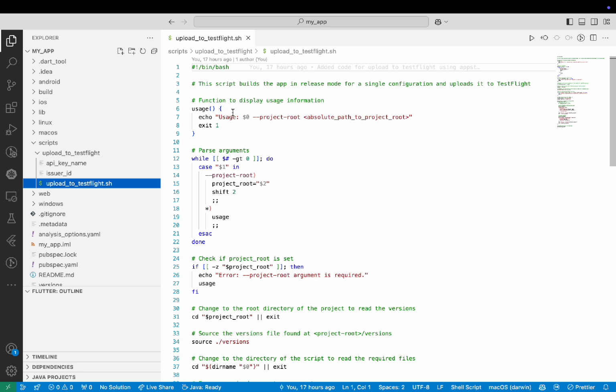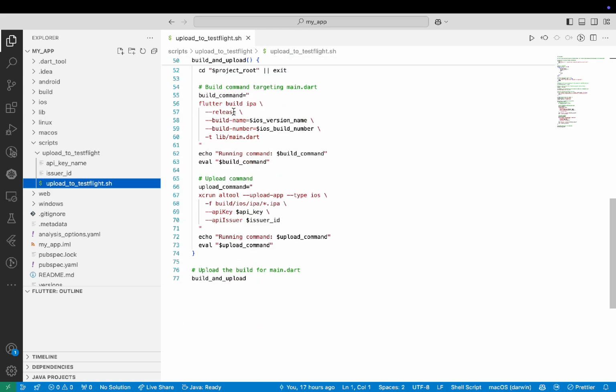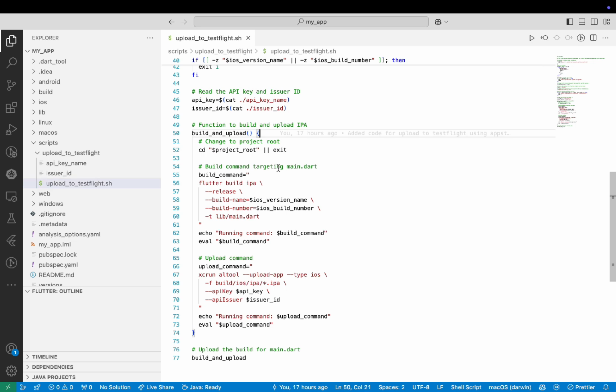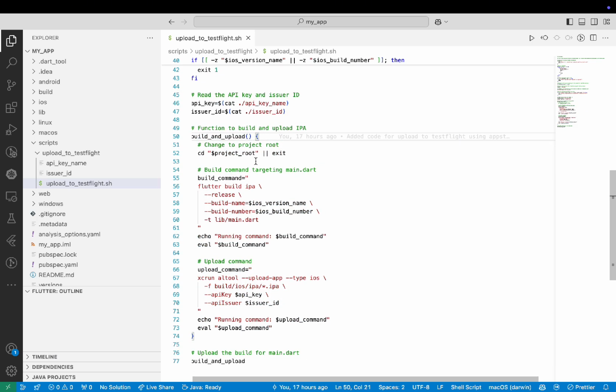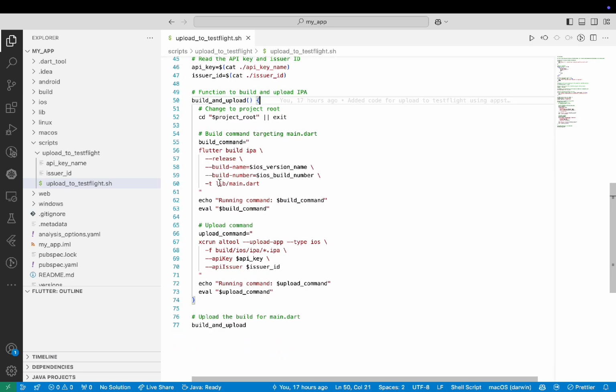I will not go into very much detail about how I wrote this script because it's not in the scope of this tutorial to teach you how to write bash scripts. I will just go to this function which is called inside the script and which will do the actual building of the IPA and uploading of the IPA. As you can see, this function will run this command,